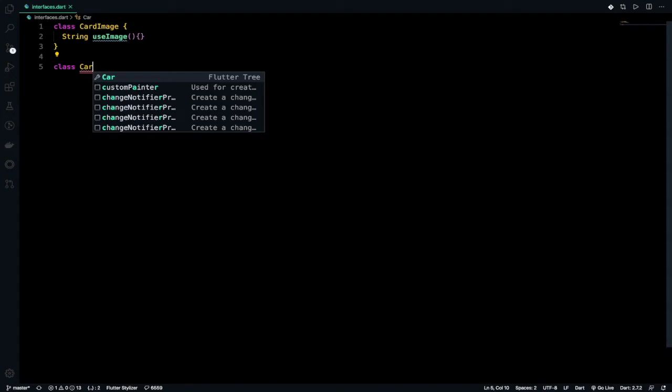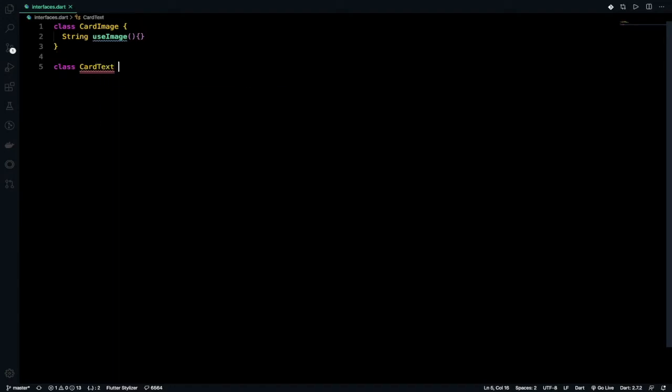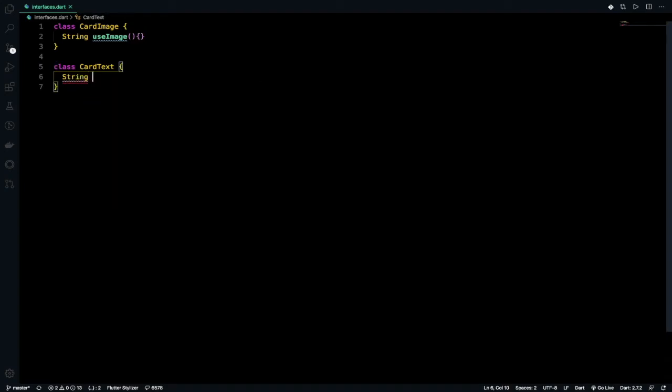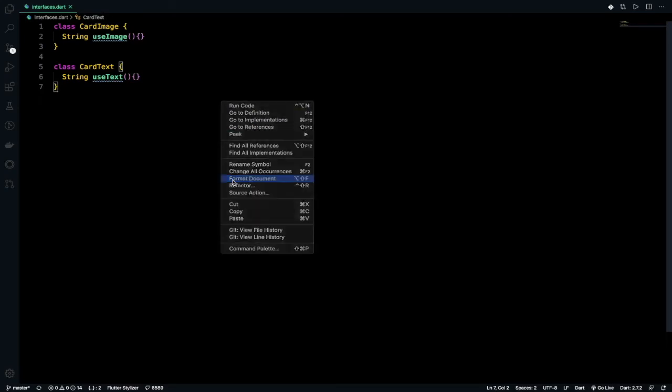There will be two things in the card, that is a card image and a card text. So within the card text we will implement the function string use text. Like this, it's very much clear to you guys, I guess.